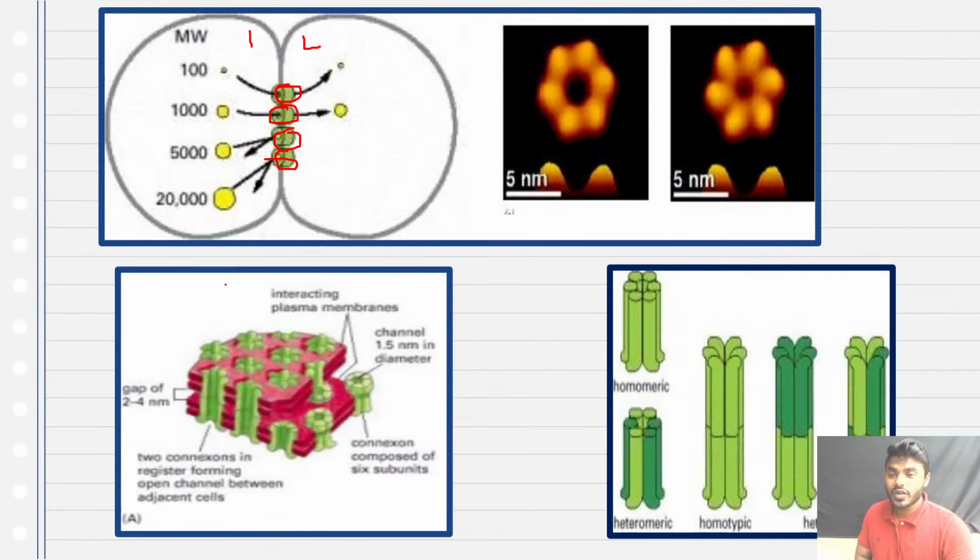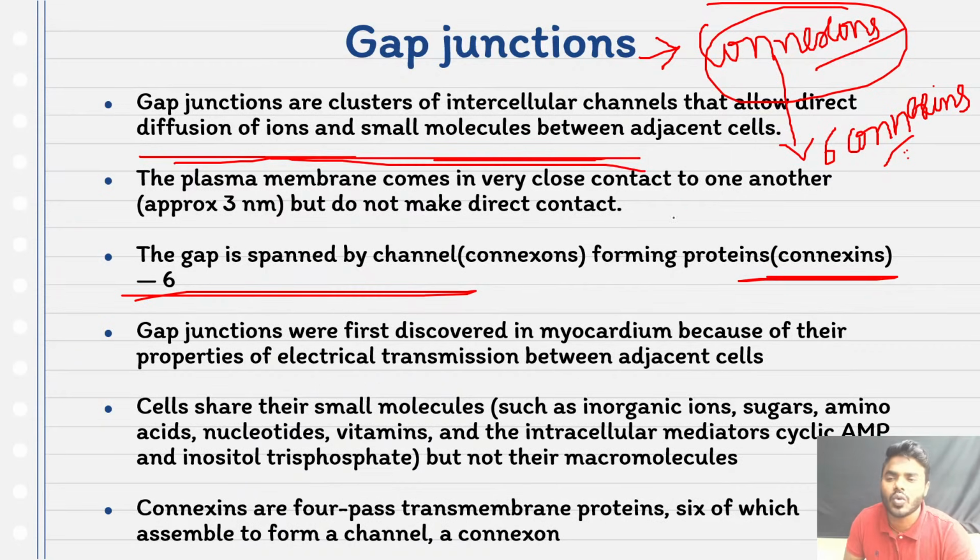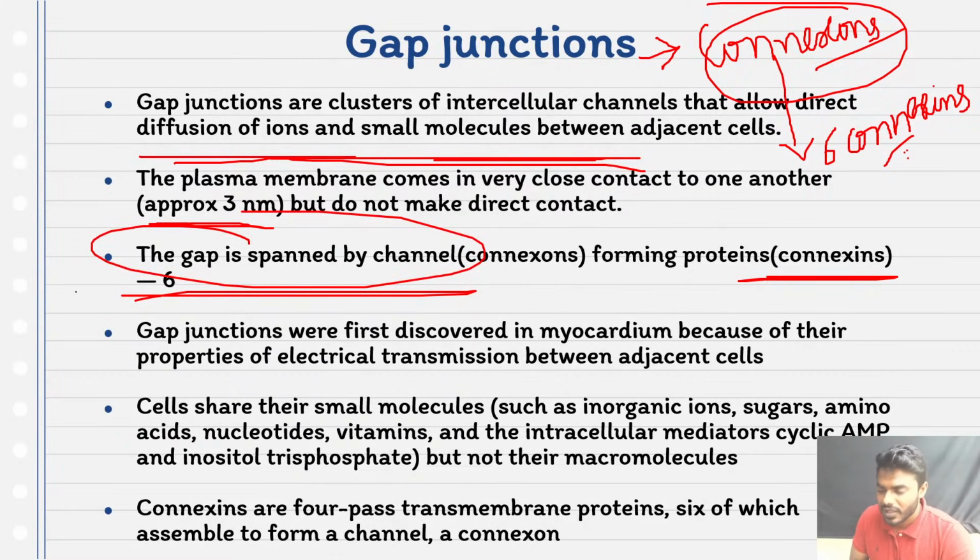You know friends, when you look into the structure of a gap junction, we will see that the two cells are associated very close to each other, but not actually touching. All the students will understand. The plasma membranes come in very close contact with one another. But friends, there is approximately a 3 nanometer distance between the two plasma membranes of the two cells. So at that 3 nanometer gap only, the gap junctions will be spanned and arranged.